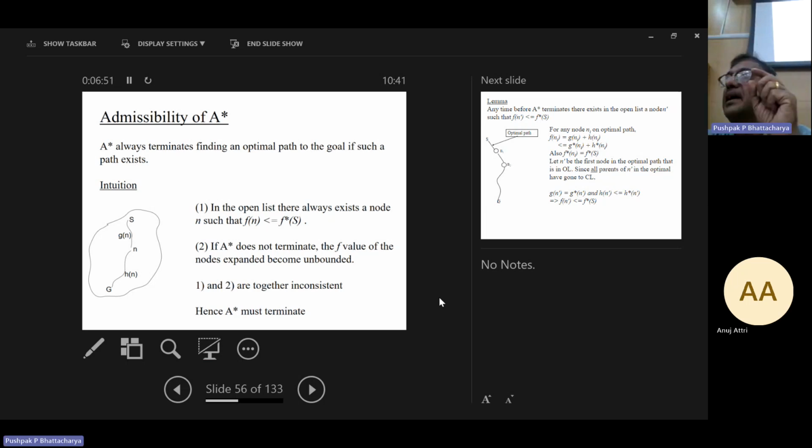The node which will take me to my goal following the optimal path is there on the open list. I do not see it because of my ignorance, philosophically, because of lack of knowledge. If H was equal to H star, I have complete knowledge about the heuristic, about the problem, and that takes me to the goal in a very directed manner. And if I am ignorant, H is equal to 0, Dijkstra's algorithm,